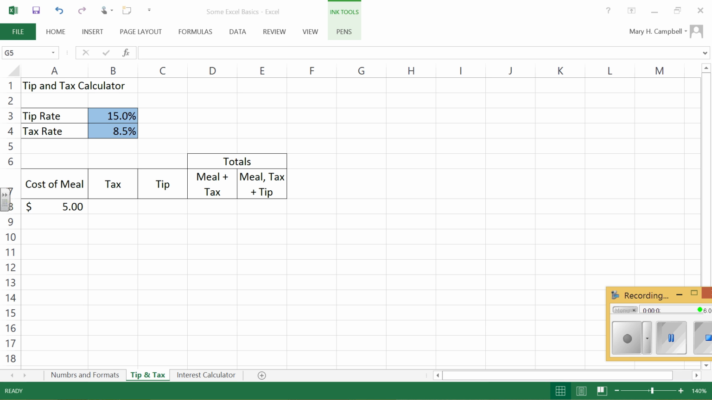Let's use Excel this time to do something useful rather than just make things look pretty. So I'm going to set up a preliminary table here. I have a tip rate and a tax rate, and then the cost of a meal. And what I want to do is build a table so that for a particular cost of a meal, I